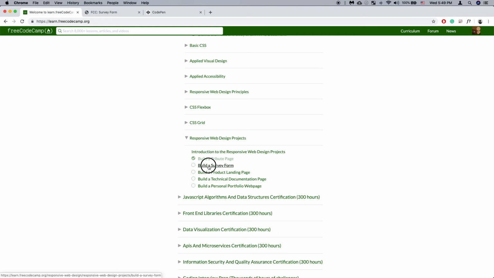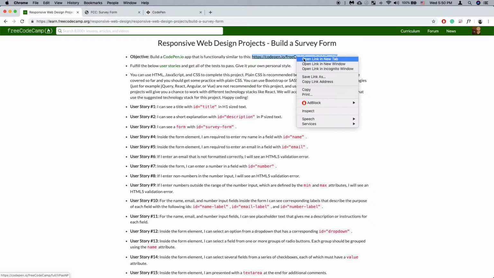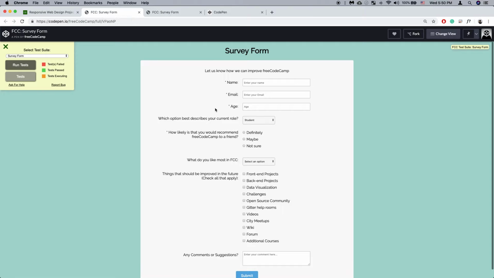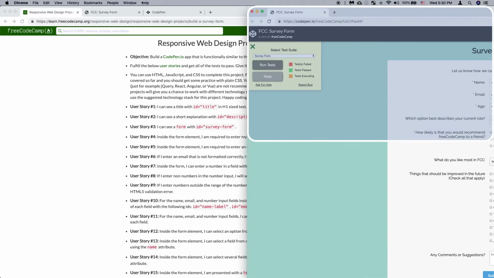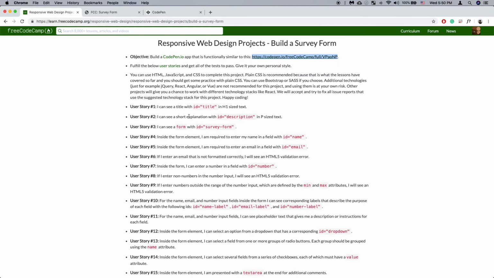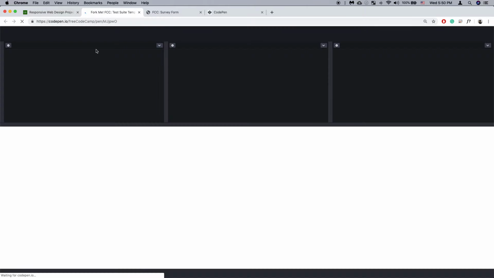So let's click one of the projects. This is the sample that you want your final result to look similar to, to have a similar structure to it. Usually I put it on the side, on the top corner right here, and then I go to the link to fork the project. So I go to the link,